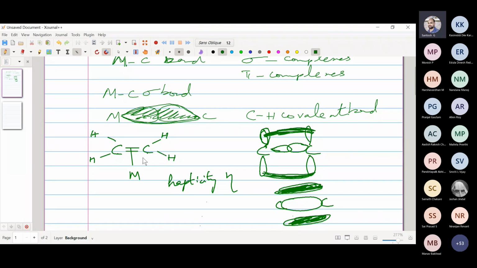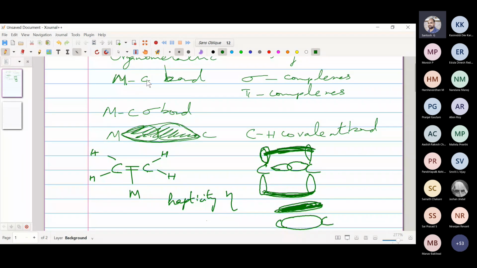So there are a number of pi electron donor ligands that are available. I'm going to show you some of the classic ligands that you generally come across, quite a few of them, and then we'll move forward. Now, when it comes to pi complexes forming a covalent bond with the metal, as I told you, usually in a metal carbon bond,